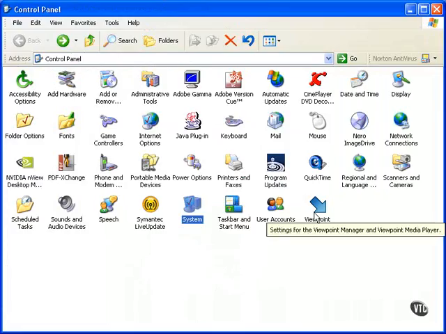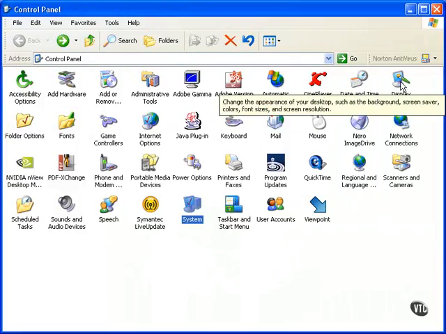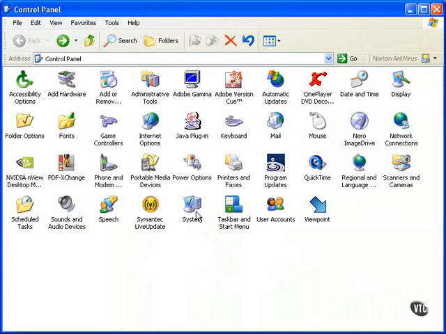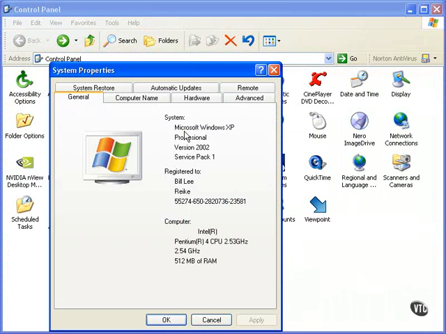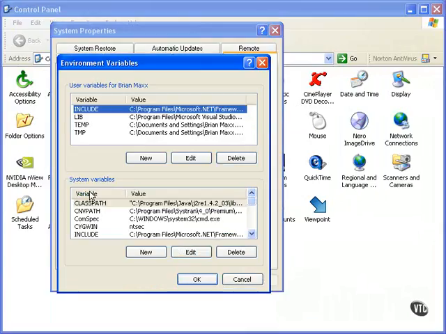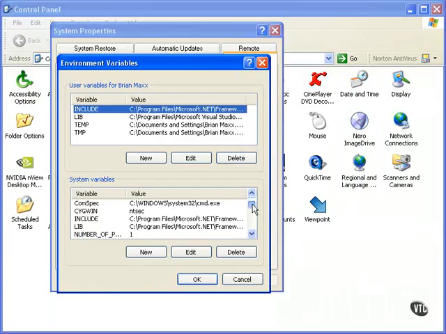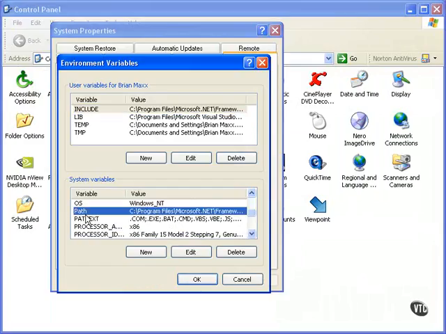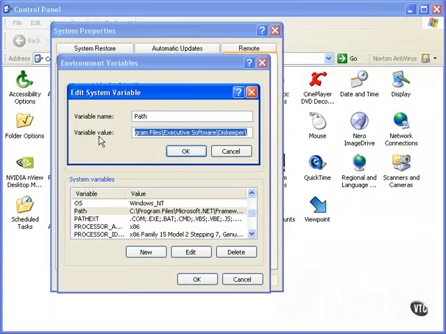Find your control panel, and I'm looking at the default way of looking at the control panel. You're going to have to switch that if you're on XP from looking at the category view. And then we're just going to select System. And then in the Advanced tab, we're going to select Environment Variables. Now you'll notice that you have a bunch of system variables. If you scroll down and find Path, just like that, and then you edit it,